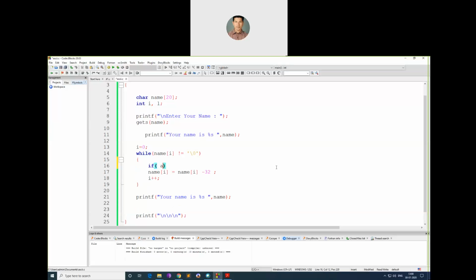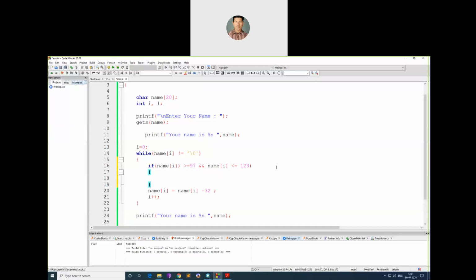So if name of I, that is what I'm reading here, if name of I is greater than or equal to 97 and name of I is less than or equal to how much? 97 plus 26. 97 plus 3 is 100, 120, 123. Okay, then only I will convert.